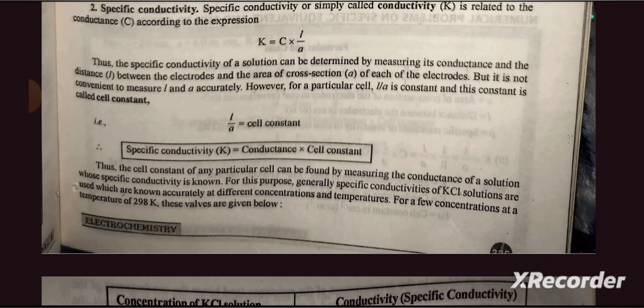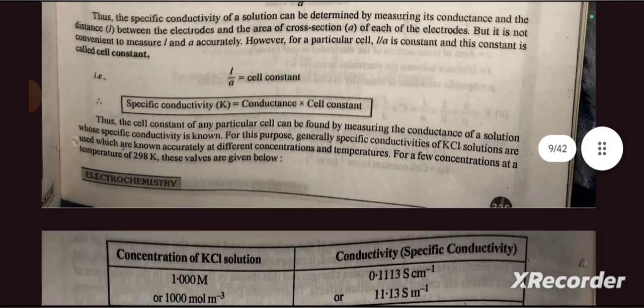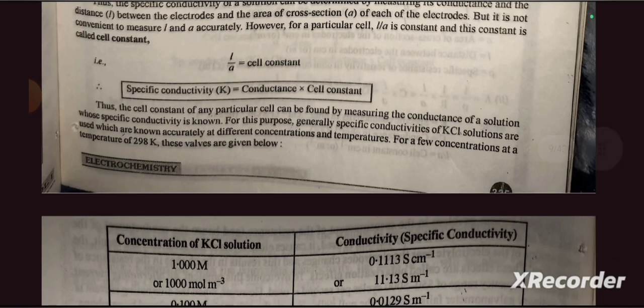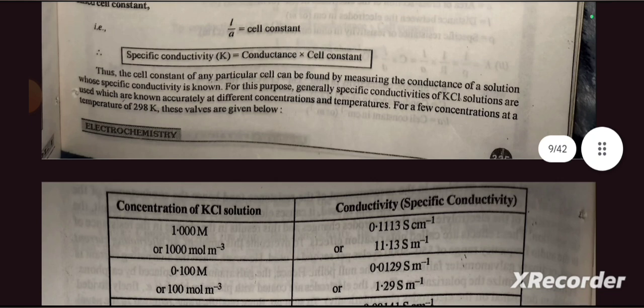But it is not convenient to measure L and A accurately. However, for a particular cell, L divided by A is a constant, and this constant is called cell constant. That is, L divided by A is equal to cell constant. Specific conductivity K is equal to conductance into cell constant. Thus, the cell constant of any particular cell can be found by measuring the conductance of the solution whose specific